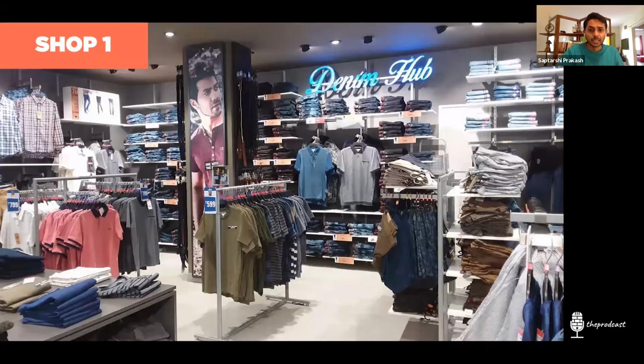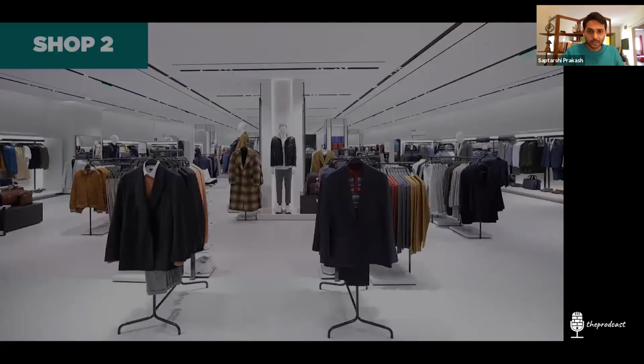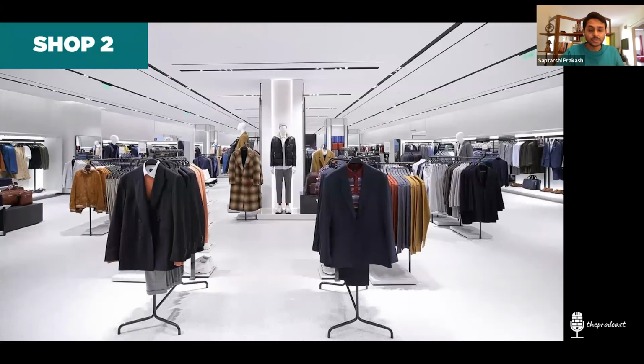Right? This is how a Zara looks like. I think the first impression everyone would say is it's very clean. It's beautiful. It's white. And at the first glance, you might also think that it is similar to Big Bazaar, just that it is more beautiful. It looks more sophisticated because you have similar racks here. You have some blazers and some overcoats and some jackets which are hung around in the exact same fashion as it was done in Big Bazaar.